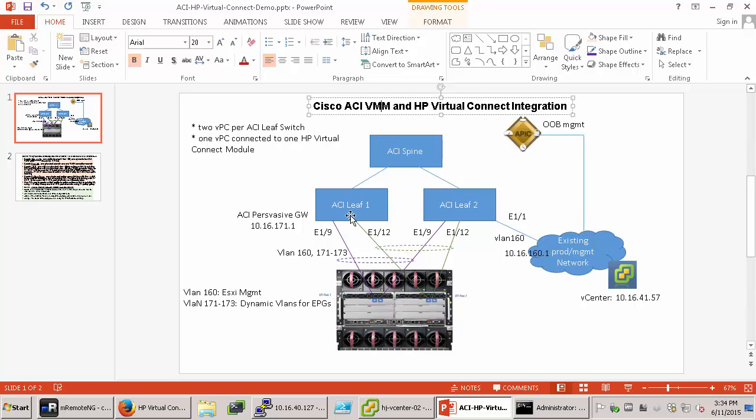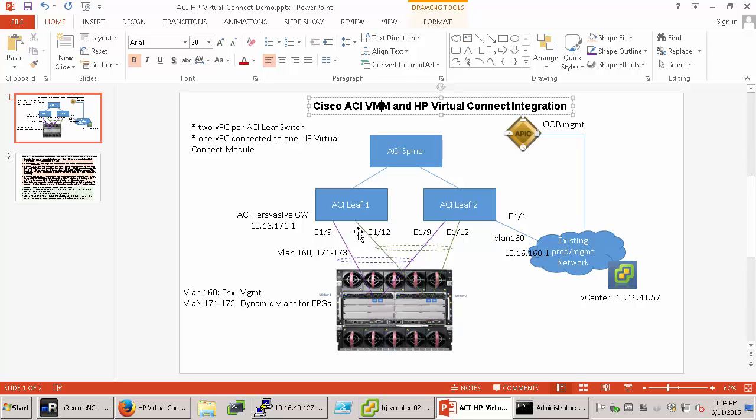This VLAN pool can be one VLAN or 10 VLANs or 20 VLANs. You can define up to 4K VLANs. But whatever VLANs are defined over here,